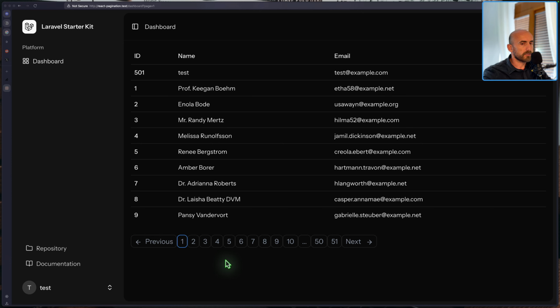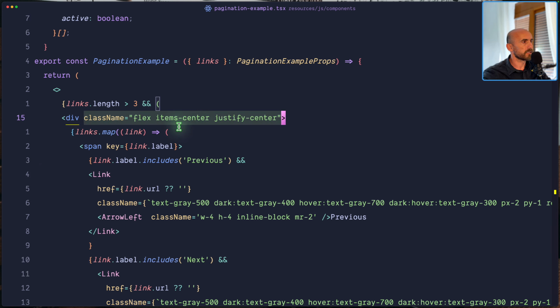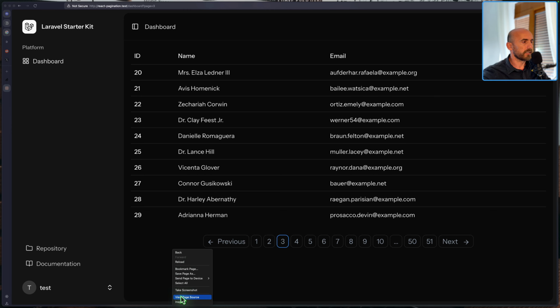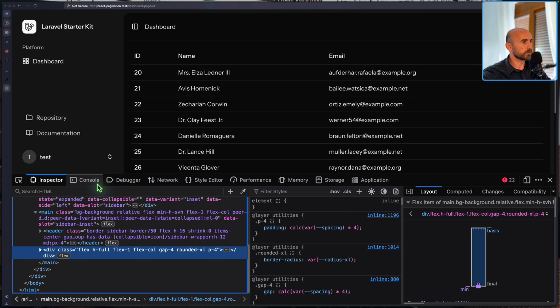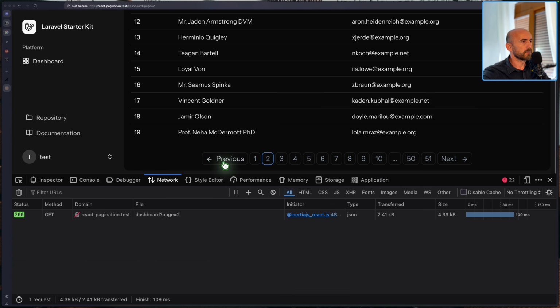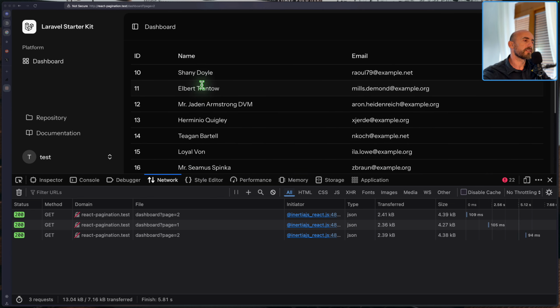Now let's also open one more time here, and in this div up here, I'm going to add, yeah, flex items center, justify center. I'm going to say space x, not 2 but 1. We are on the center, and now we have some space between the numbers here. But I'm going to inspect the element, go to the network, and if I go to, yeah, also here as you can see, when we click we scroll up, which that is okay, but if you